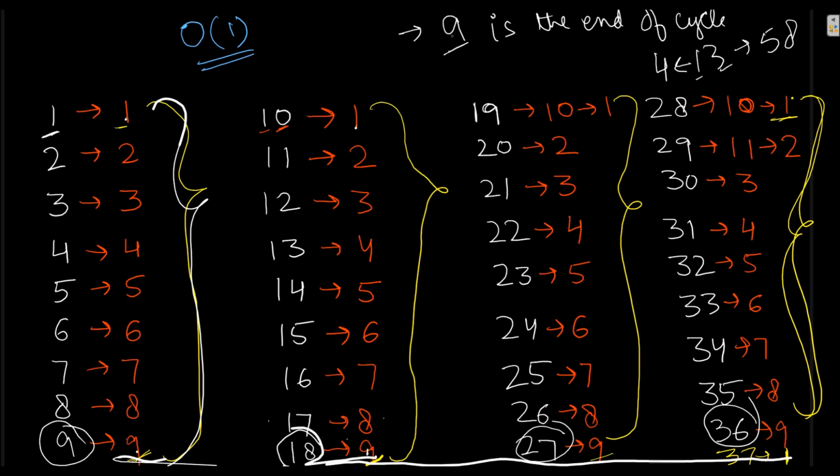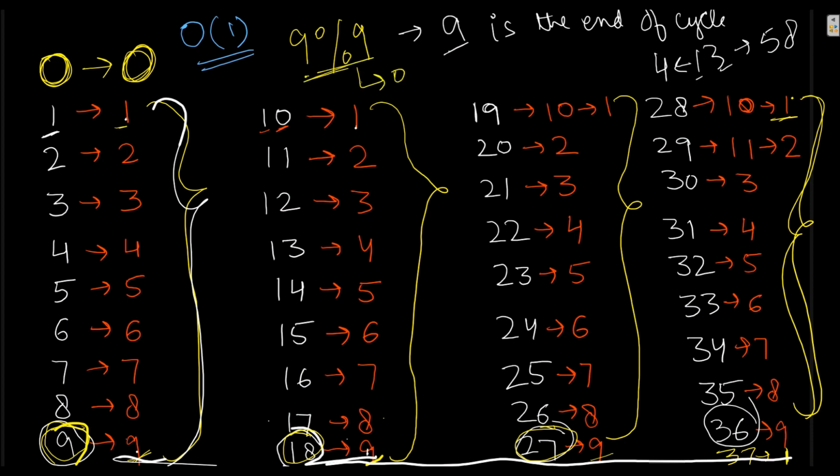And here we also have some base conditions. Let's say if I have 0, it should return 0 only. And if there is a multiple of 9, any such number divided by 9 will give remainder 0, but here I should get 9. So let's keep this in our base condition: whenever I divide by a multiple of 9, it should return 9. Let's implement this and we'll understand this point more clearly.